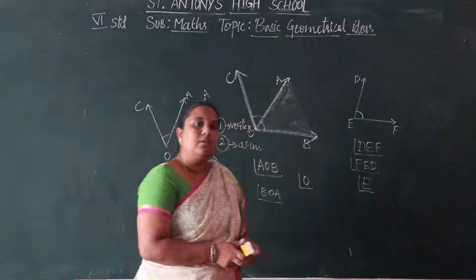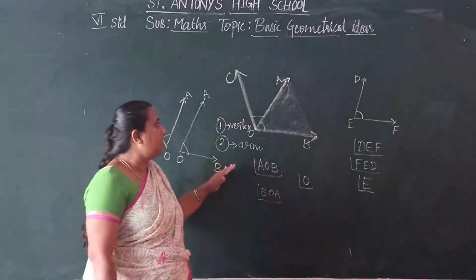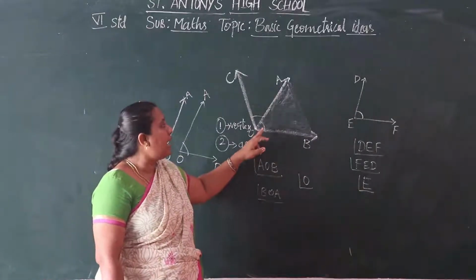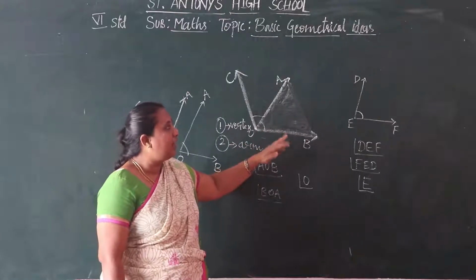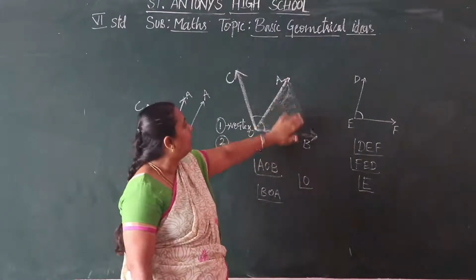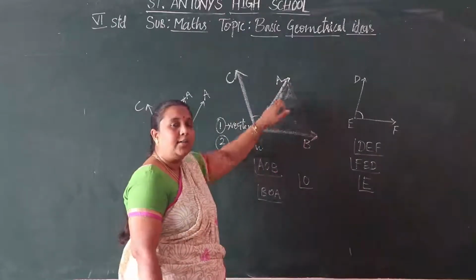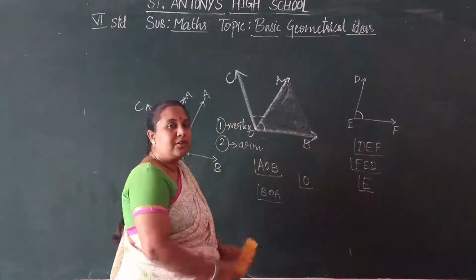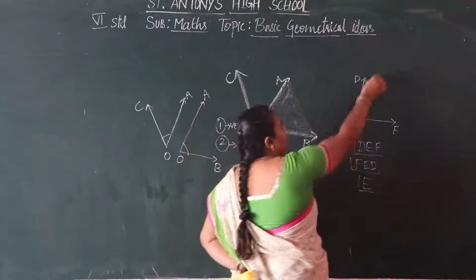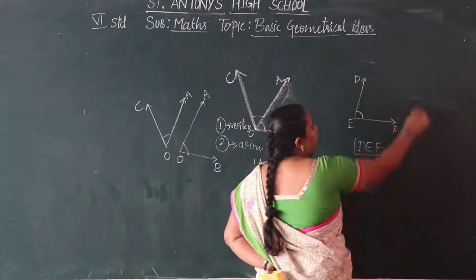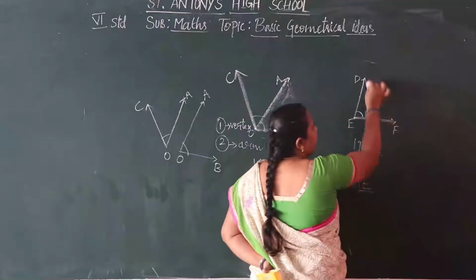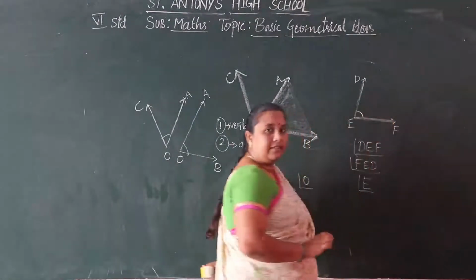Now you clearly know what angles are and what rays are, how to write the name of the angles, and what is the interior of the angle, the exterior of the angle, and the boundary. Interior means inside the angle, and outside the angle we have the exterior. The line segments joining the two rays are the boundary of the angle.